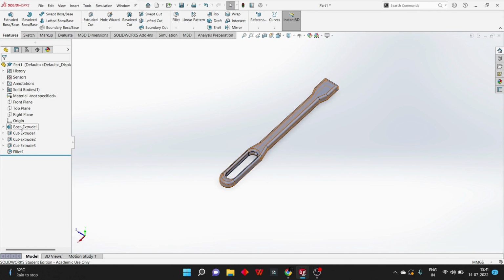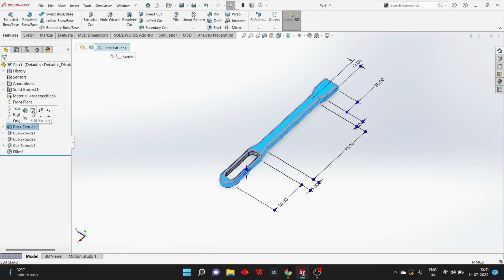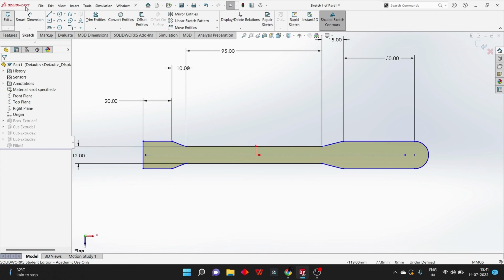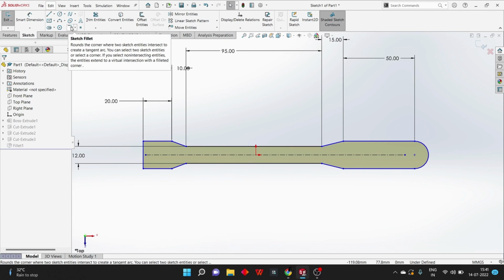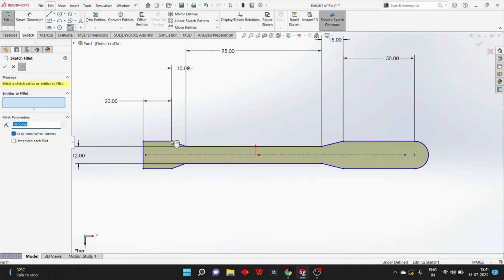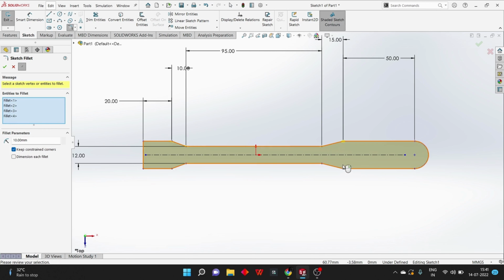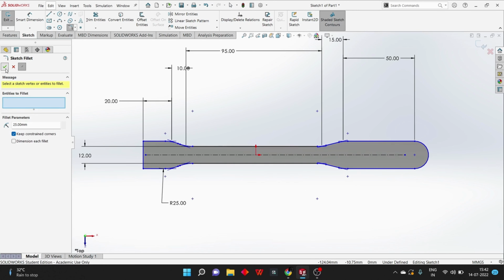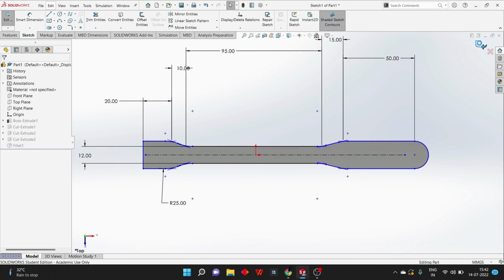If this is satisfactory, you can use that, or you can just go to the previous step by pressing Ctrl Z and go to the previous sketch, go to edit sketch, and you can add the fillet in the sketch itself. So how can you? We'll just go to the sketch menu. We'll select the sketch fillet and select the edges where you would like to have your fillets. So I'll just select those edges. Okay, and you can have a fillet of say 20 mm, or you can even have 25 mm. Yes, this looks good. I'll just click OK. I'll select OK again, and when I exit the sketch,